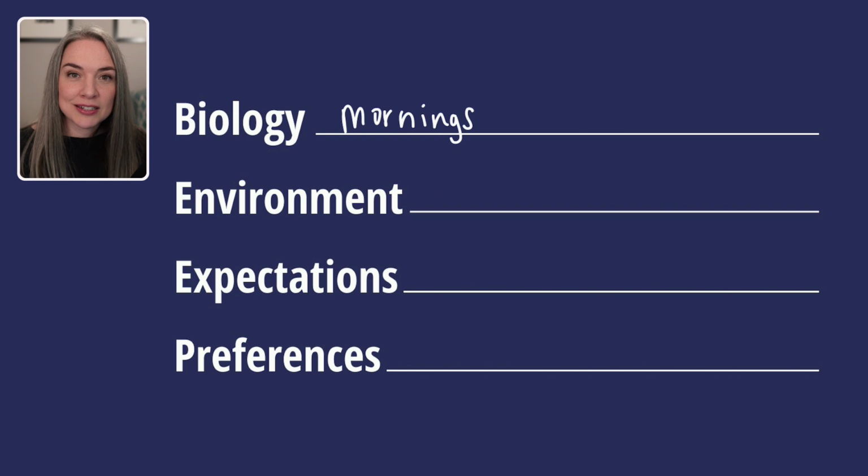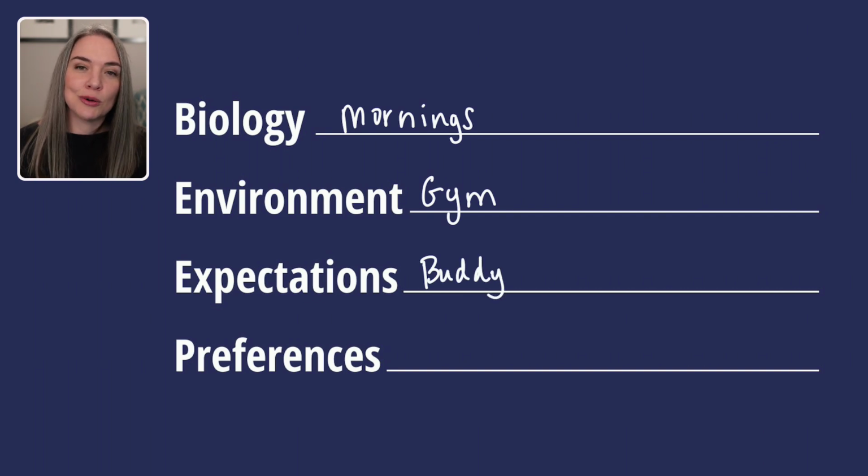For environment, maybe you realize that working out by yourself in the basement is actually kind of isolating and you work out more effectively or you push yourself more around others. So perhaps you actually want to shift and start going to a gym instead, or maybe start going to classes. With expectations, if you're someone like myself who responds better to outer accountability, maybe you hire a trainer. Maybe you don't want to do a trainer right away, but you might have a workout buddy, whether you actually go to the gym together or you just check in regularly and keep track with each other of how things are going.